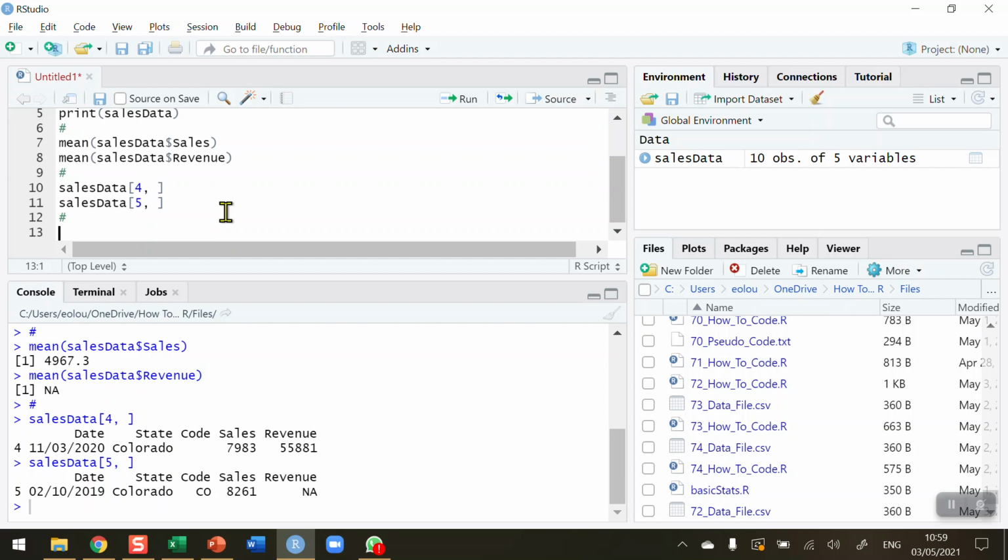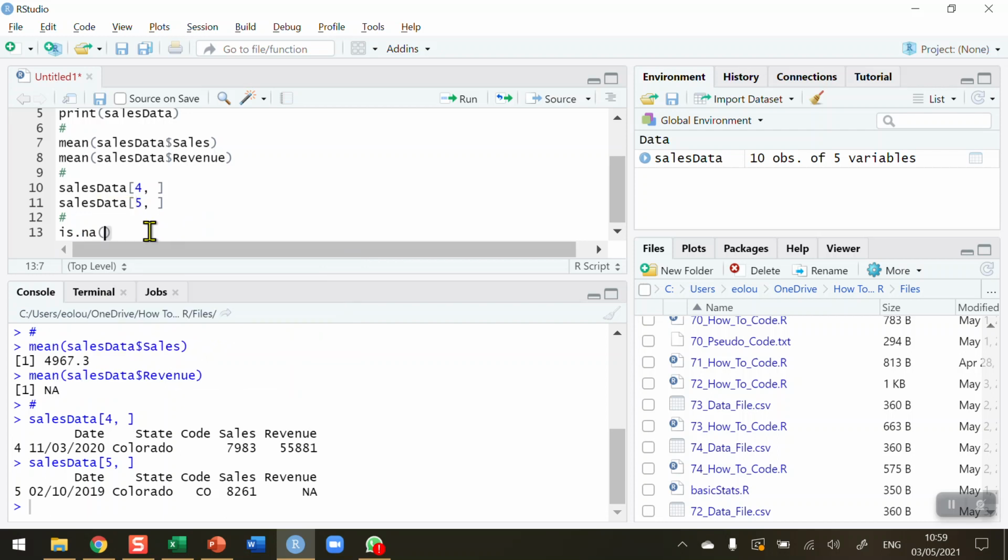Now, next though, in this video we're not going to do anything with the code, but we do need to be able to figure out where there are NA values. So we need to be able to identify and recognize the NAs in our data set, because later on we might want to remove those or replace the NA values with the mean or the median, whichever we want to choose. So we're going to use a function called is.na, open and close brackets,